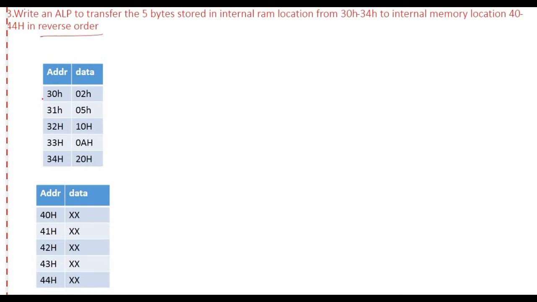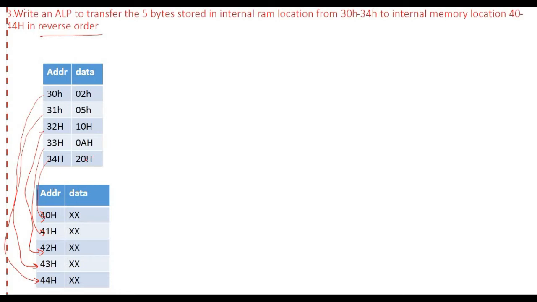Whatever data is stored in 30H should be stored in 44H, whatever is stored in 31H should be stored in 43H, whatever is stored in 32 should be stored in 42, and this should be 41, and this should be 40.